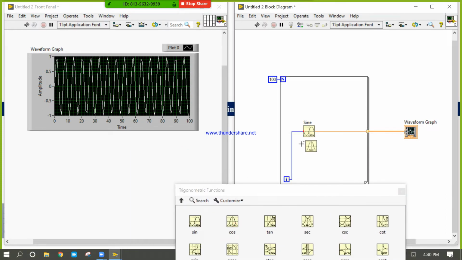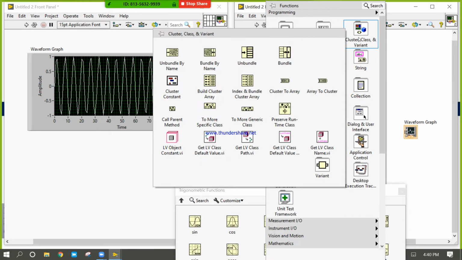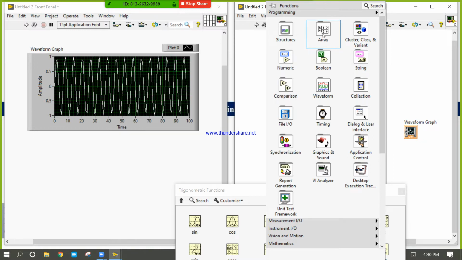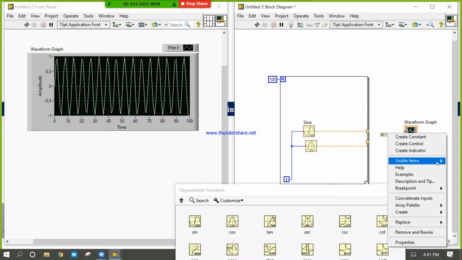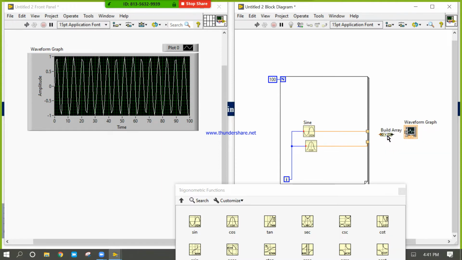Cosine is inside. Again, array, build array. This is the build array function.